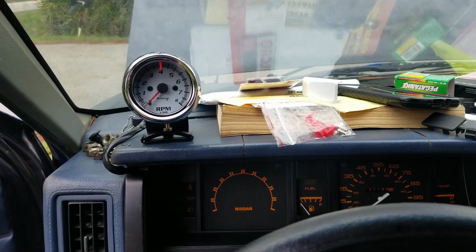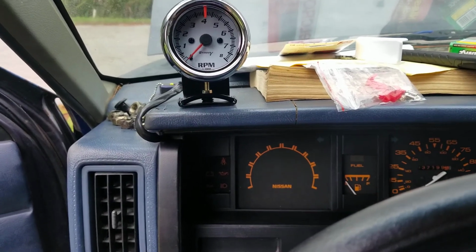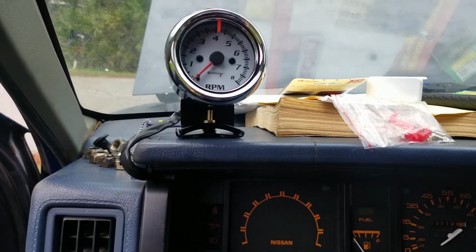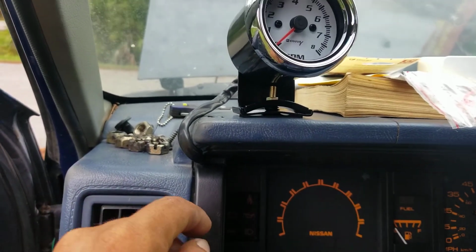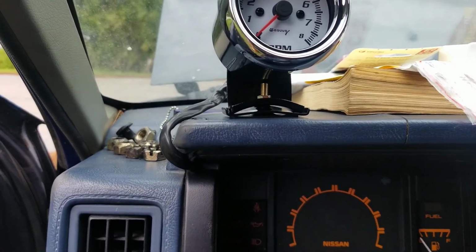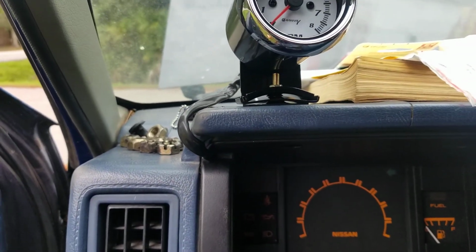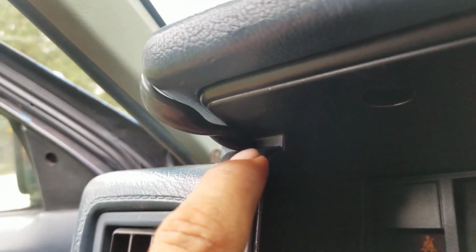Okay, so I was working a little bit further on installing the tach, like physically installing it and mounting it. I'm close to the point of mounting it, but I haven't done that yet. But I didn't want the wires sticking out and making the job look all generic and poor. So the easiest thing to do, hopefully you can see that, I drilled a hole on